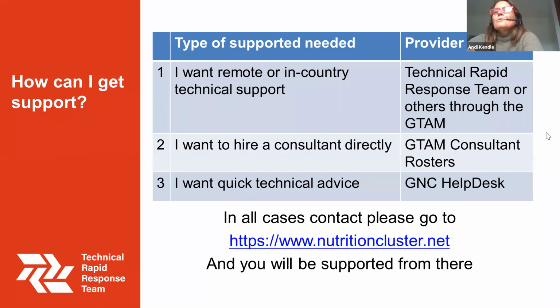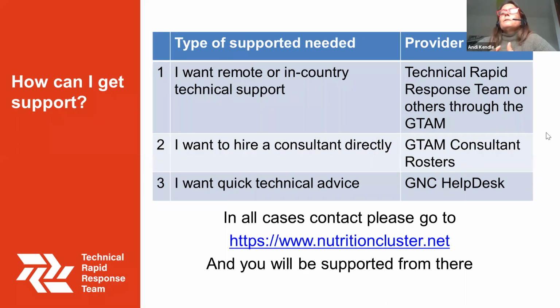It's possible to hire a consultant directly. The GTAM has established consultant rosters. There are 5 different rosters in lots of different technical areas, and you're able to submit a request to see if you can get recommendations on a consultant who would be able to fit your needs. If you want quick technical advice, there are the GNC help desks that are available. All of these